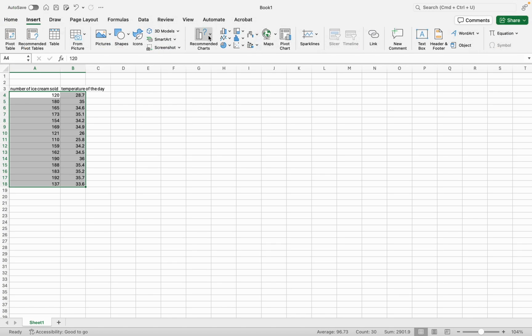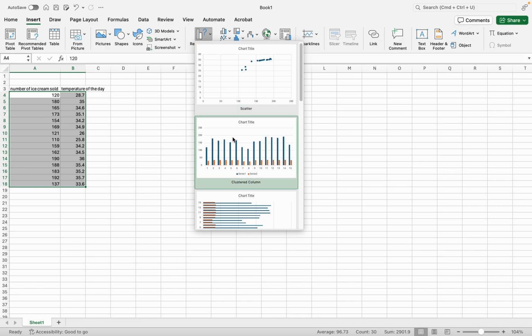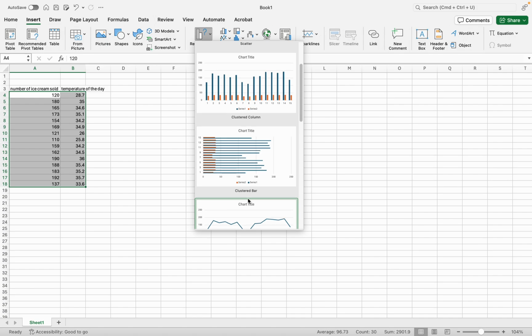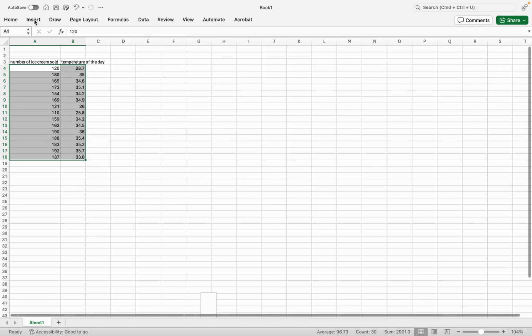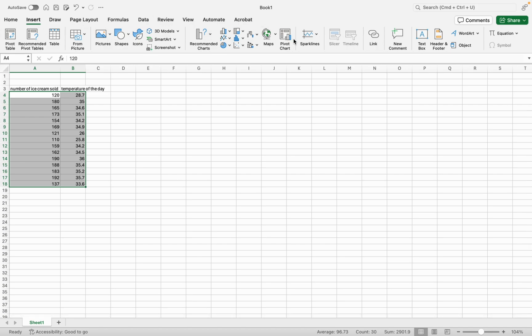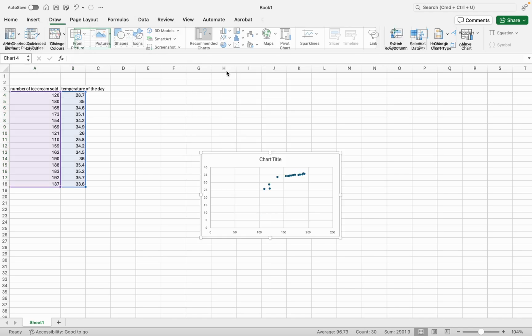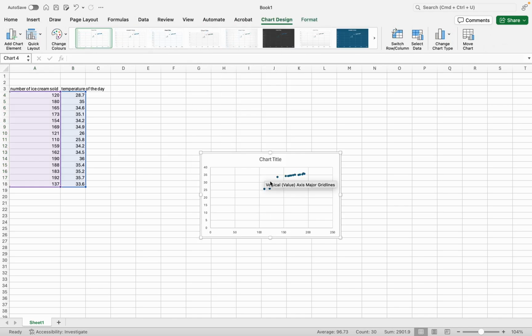Under insert, they can either give you a recommended chart, like scatter plot, bar graphs, horizontal, vertical, etc. Or the other way is just to go to the insert and the charts itself. It's easier, right? We just click on recommended charts, and we generate a scatter plot. However, you wouldn't get the full marks if you submit this as your final